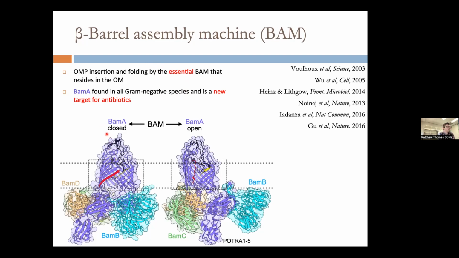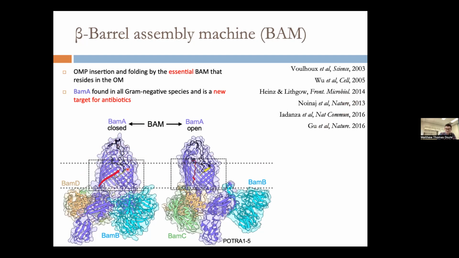BAM throughout evolution. So in E. coli, it's a complex of an integrated BAM-A associated with other accessory proteins. I'm not going to go into these accessory proteins today, but I'm going to focus on the most important component, subunit, which is BAM-A in purple. Structures had come out as early as 2013, showing what these proteins look like. And immediately we saw that